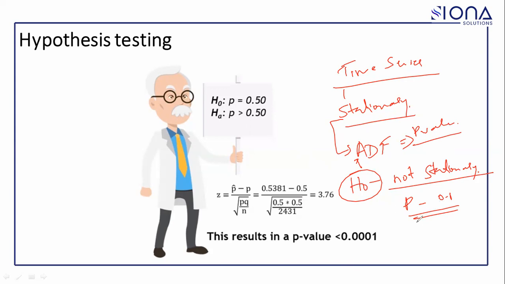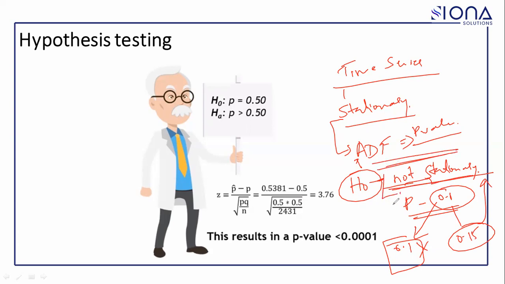Is it clear? Ideally the null hypothesis says that it is not stationary and you keep your threshold as 0.1. If you go below 0.1, you have to reject your null hypothesis of the time series being not stationary, because the time series is stationary now. If the p-value is, let's say, 0.15, then you have to accept the null hypothesis that it is not stationary,